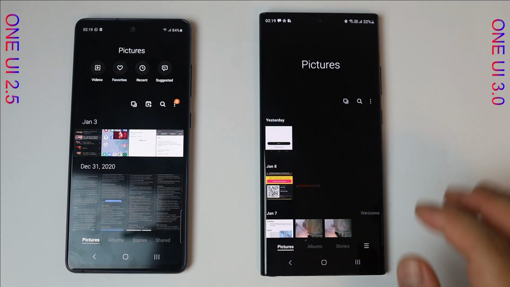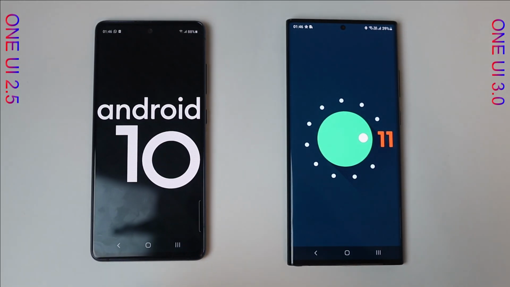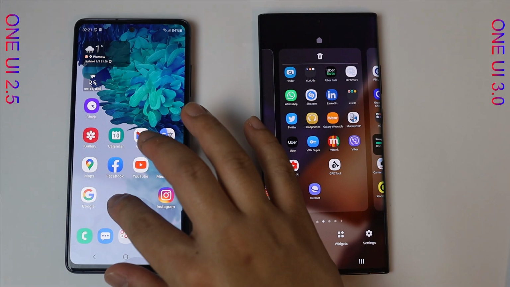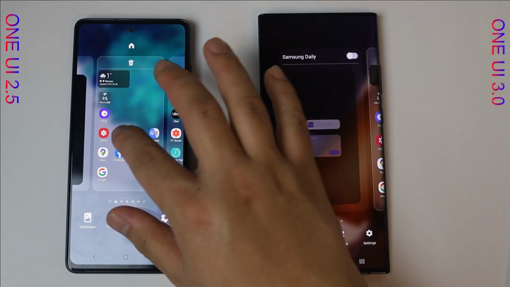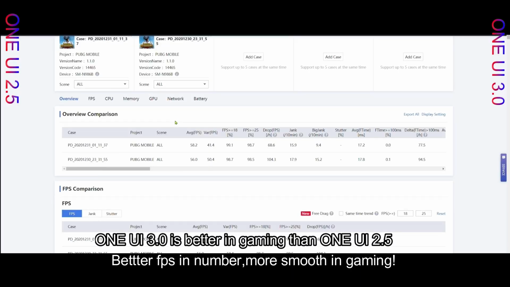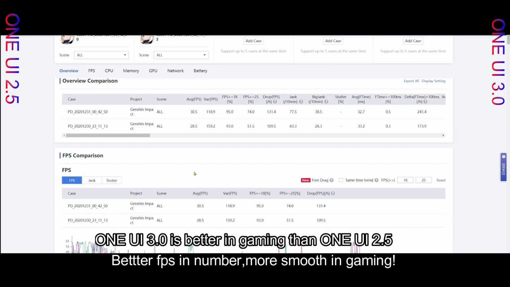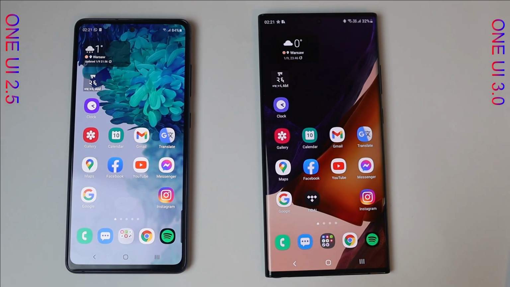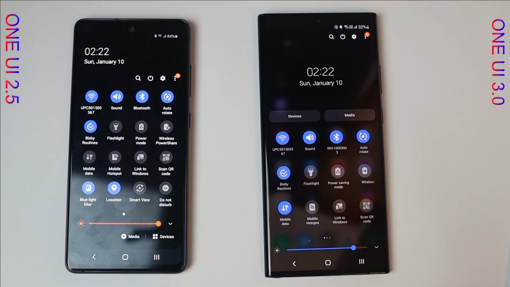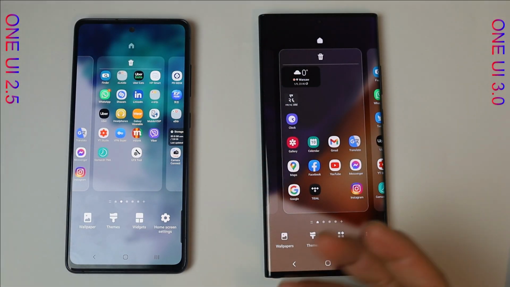If you guys are waiting for One UI 3.0, then do not expect much more. But I have to say that it is really better looking and more polished than the previous UI. In my previous video, we saw that game performance was much better in One UI 3.0. I have used the official UI. In the end, the new skin looks very refined and there are many things which I personally really like. I wish they could have made some changes in Samsung Daily. Maybe they will listen in the future.